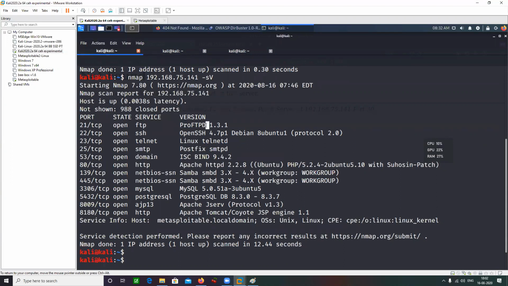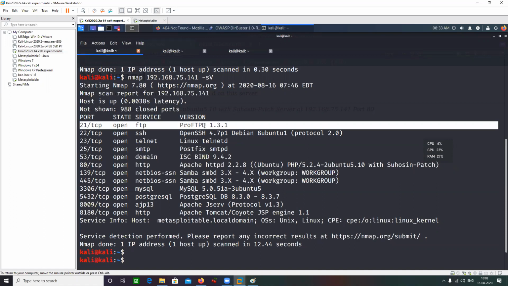Can anyone of you tell me? My question is how to make an FTP connection.